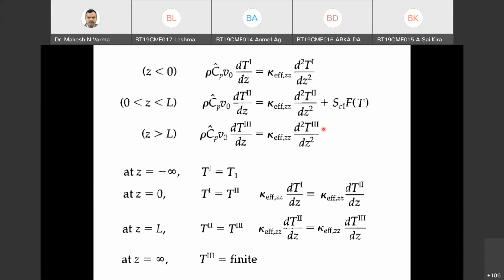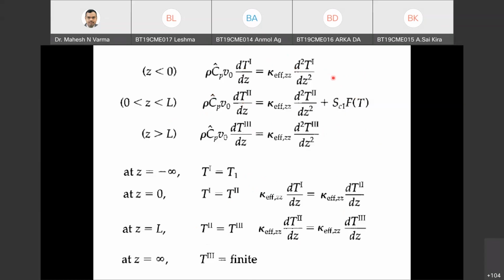Uniform distribution. Yeah, uniform distribution was already added. I want to simplify the given problem. Now these are three second order differential equations with six boundary conditions. This problem can be solved. You can get the temperature variation for phase 1, phase 2, phase 3. But still, if I want to simplify the problem,